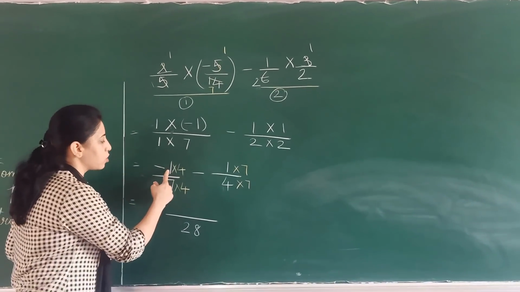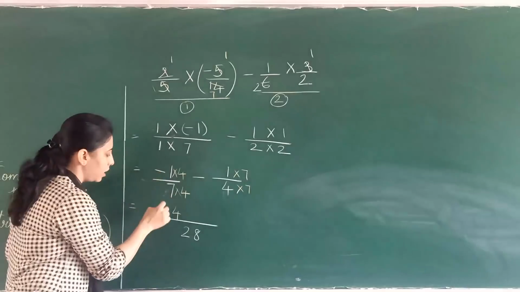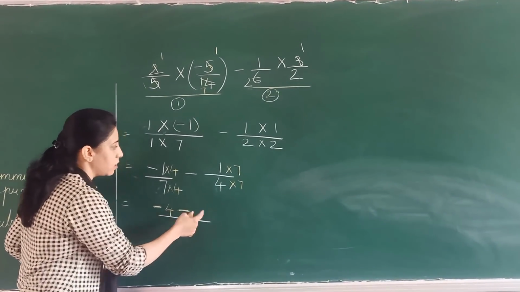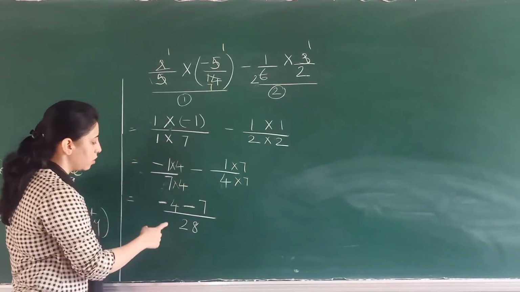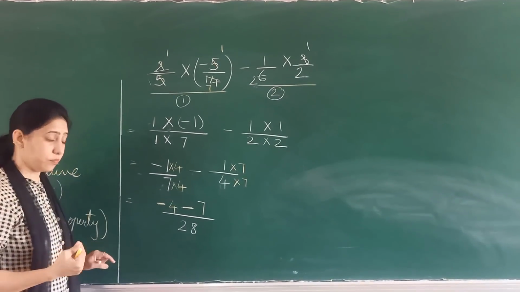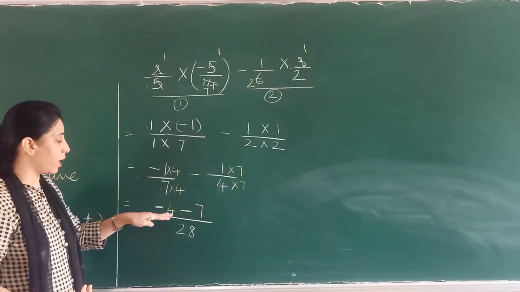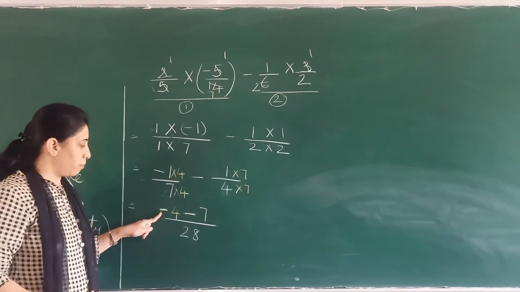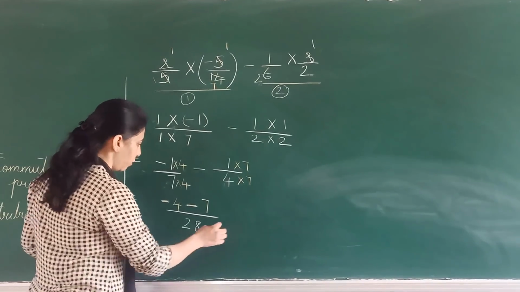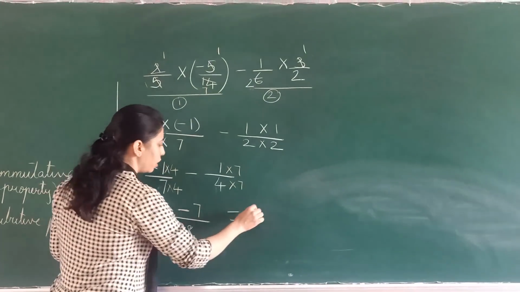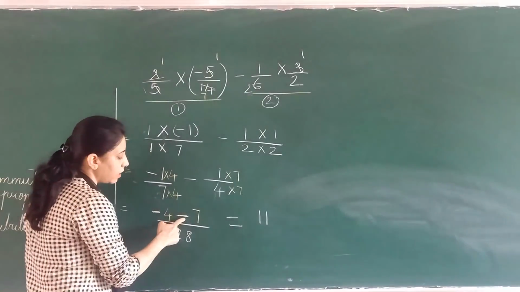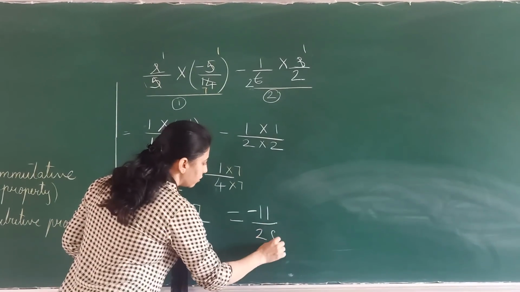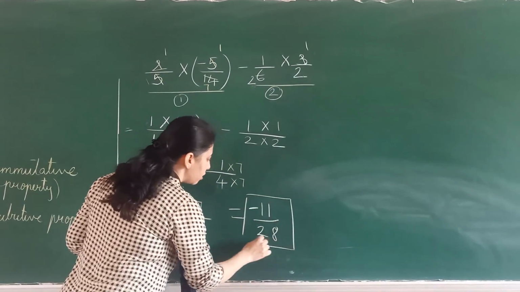Now do multiplication. 1 4s are 4, minus sign as it is. This main sign will come as minus sign, 7 ones are 7. So now again integers. You have already learned integers, how to do addition and subtraction. Minus and minus becomes plus. So your answer will be 7 plus 4 is 11. And the greater number sign is minus sign. So minus. So your answer is minus 20.